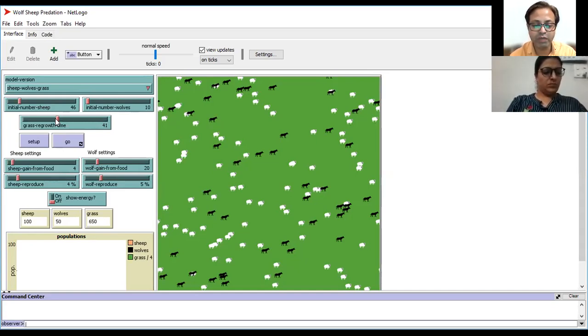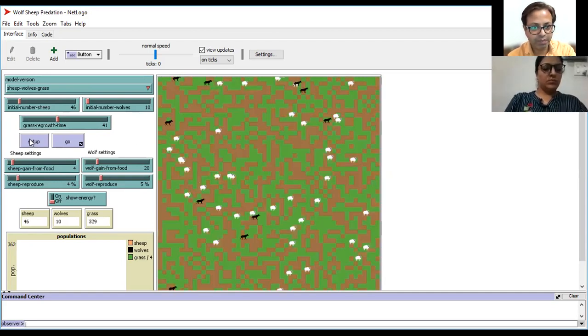So we are ignoring those, and we are just going to learn what happens when one of these parameters is exceedingly overweighting other ones, like this one. So we have 46 sheep, 10 wolves, and then we have in between the graph over here, and the grass regrowth time, some parameter, it is not exactly in minutes or hours. Okay, and